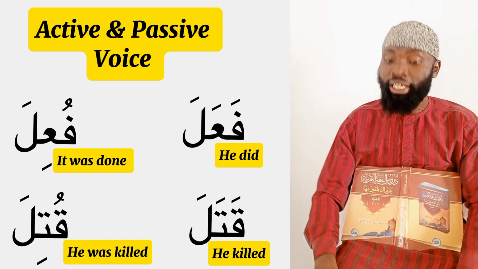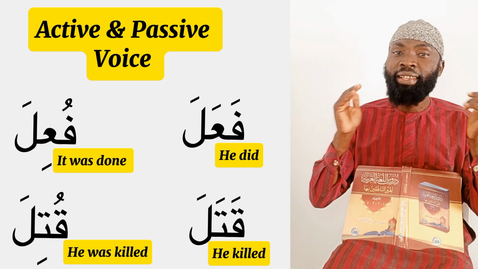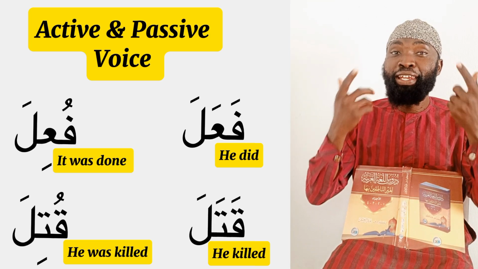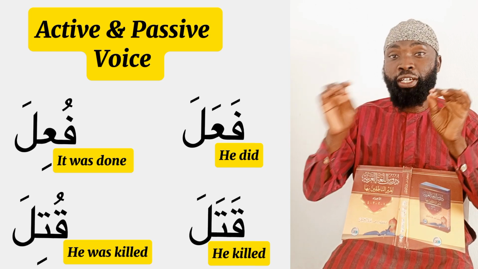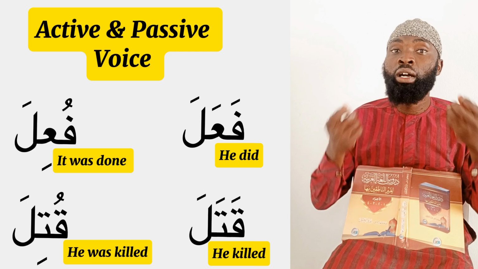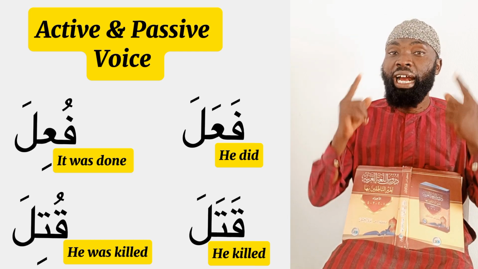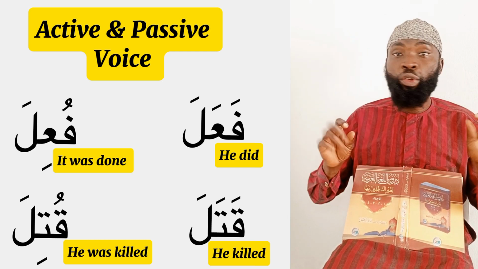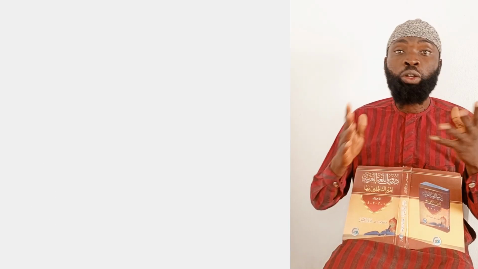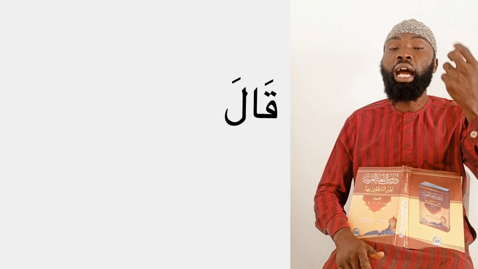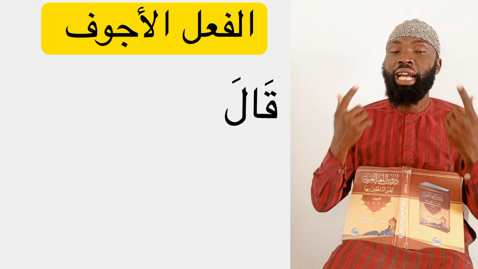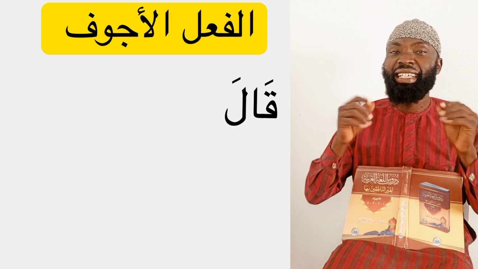Now, the continuation of today's lesson is that sometimes these verbs you want to form into their passive voices could be coming in a different case, whereby some of the letters of the verb may not be a sound letter, like when the word has alif, waw, or ya, which we call the huruf al-illa, the sick letters. An example of this is the word qala. You can see the word qala.